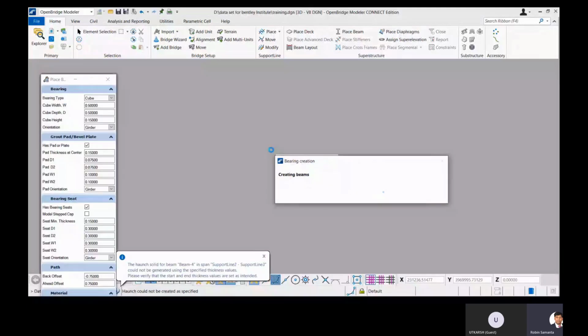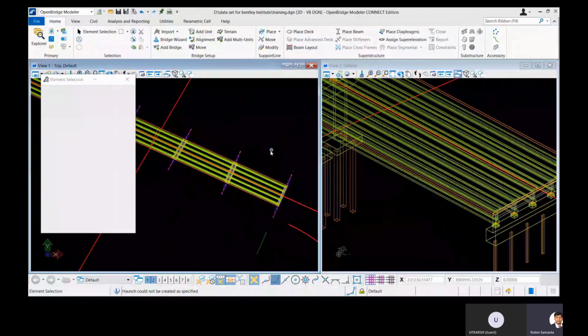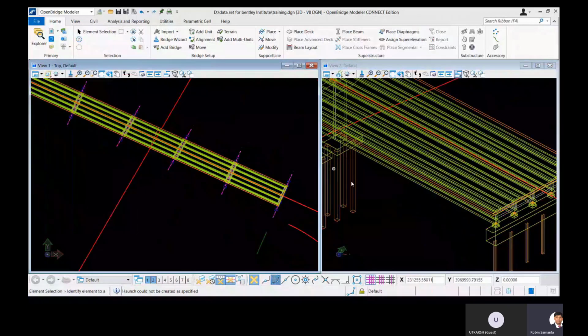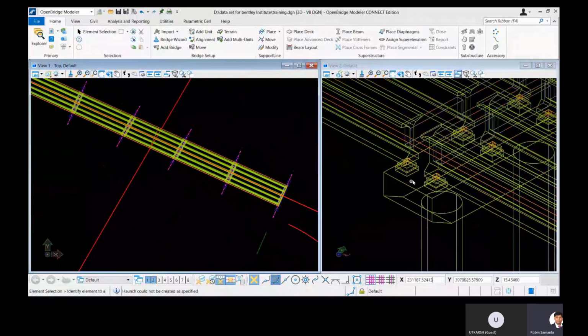And also it will do an automatic adjustment of your pier cap level. As you see, we are not giving any information except the minimum bearing thickness and bearing size. The elevation is automatically adjusted, and you might have seen that the pier cap level has shifted down and it inserted one bearing as well as the pedestal, whatever size you have defined. And now you can see how quickly we created the accurate 3D model here, right?